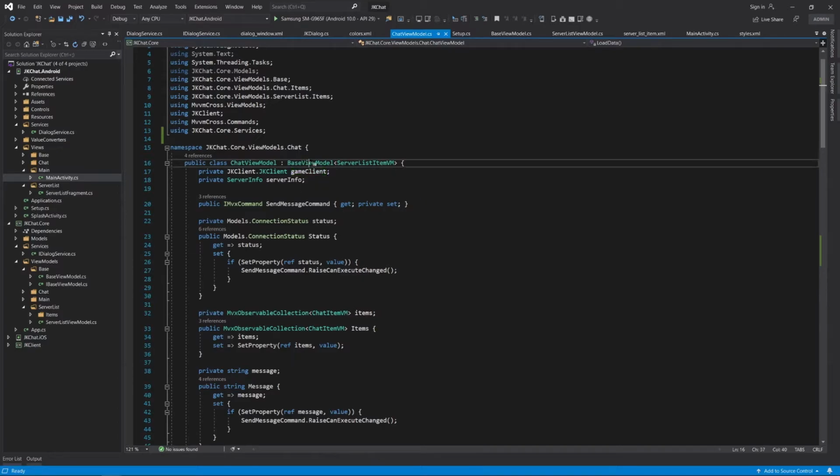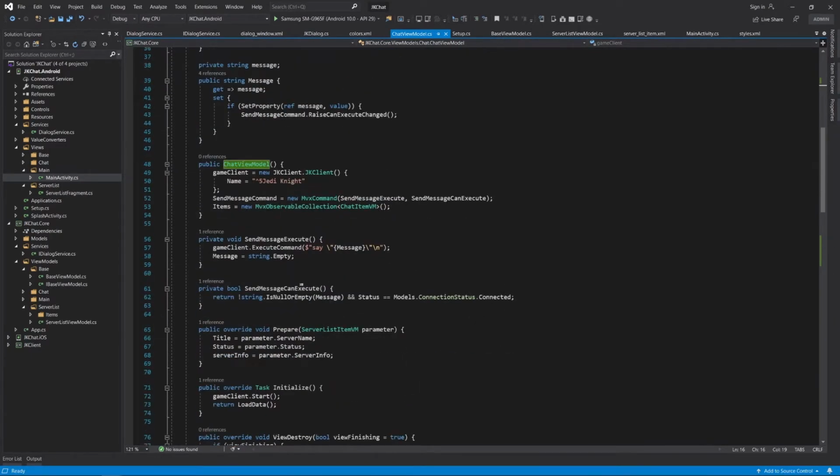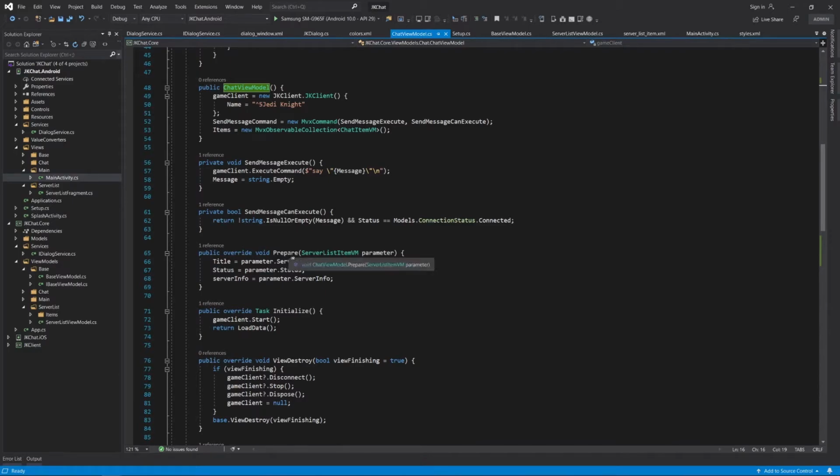Base view model. Chat view model. Prepare